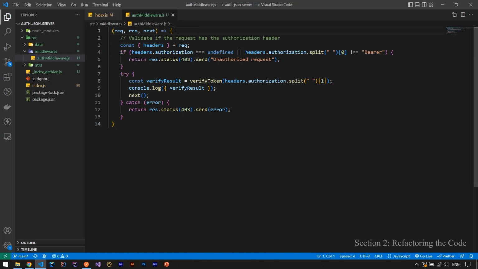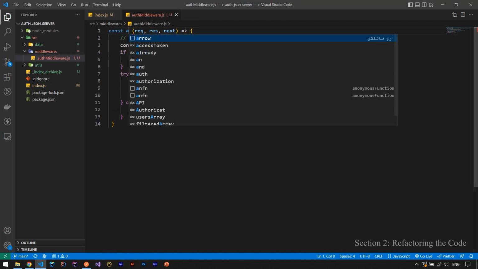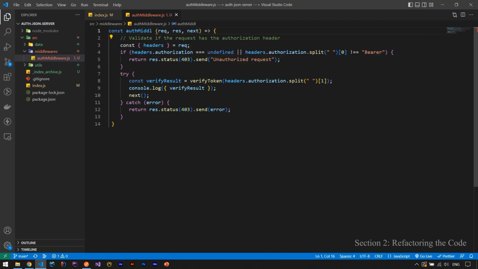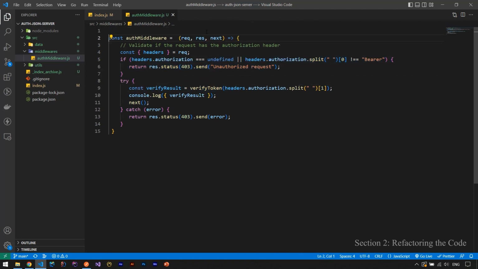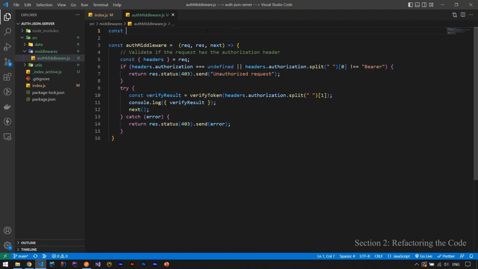So we say const authMiddleware equals an arrow function which gets a request and response and next, and it will return this. And let's check the inside. It says const header equals something, headers follow, no, okay, verifyToken. We need verifyToken, so let's import it. Const something equals